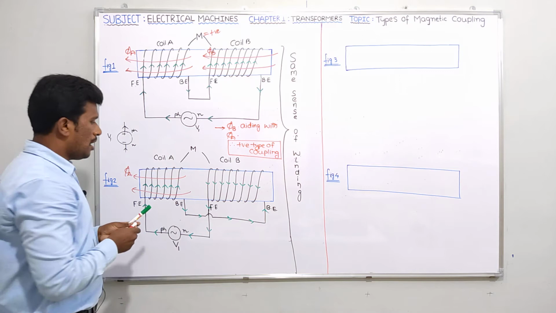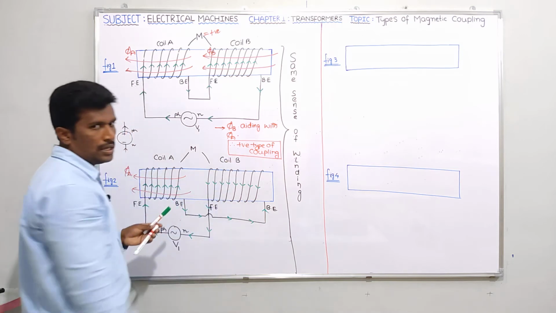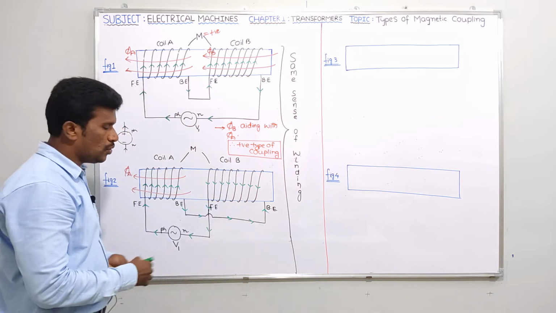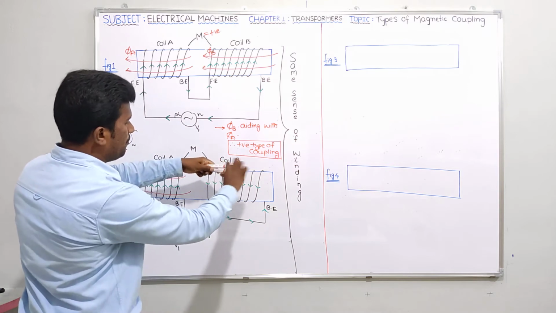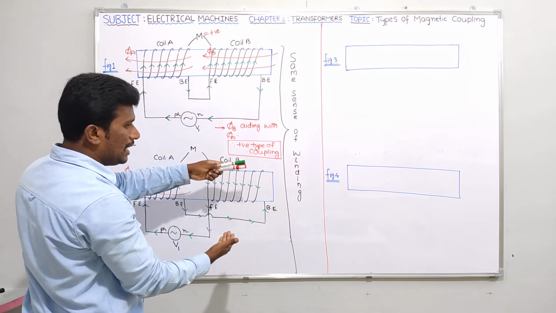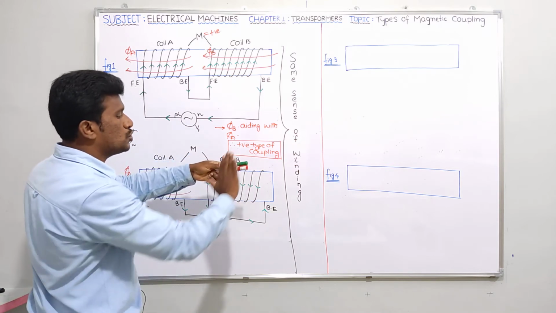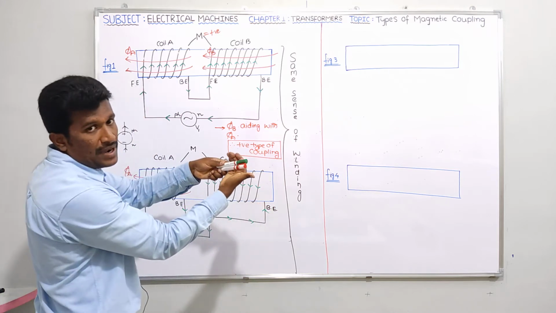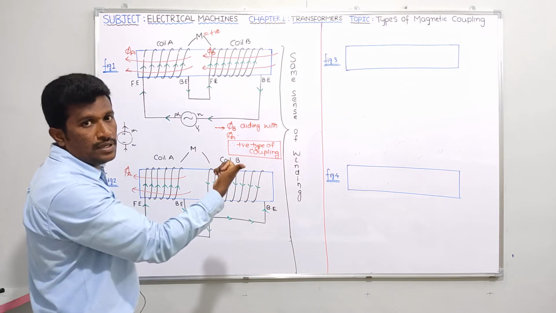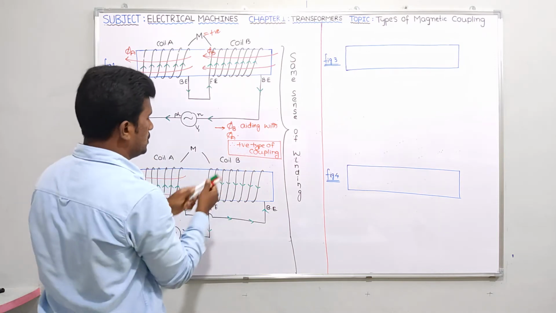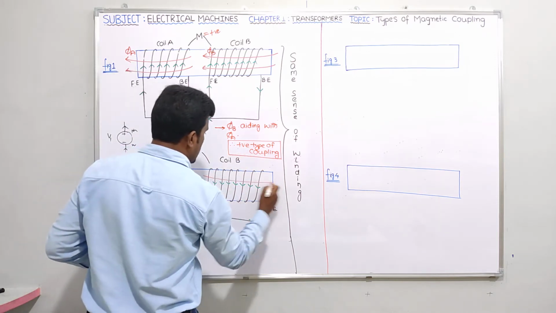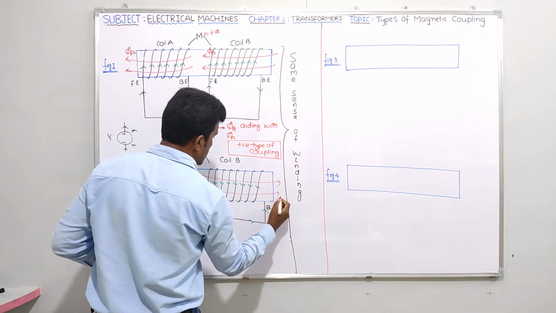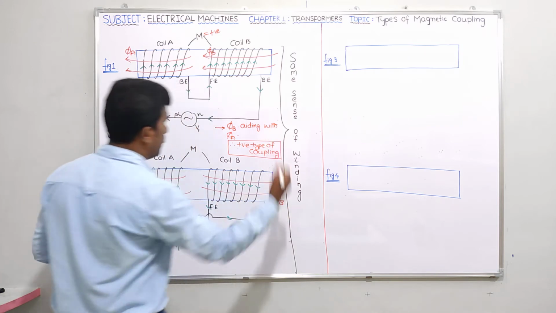Is it clear? Now what about this coil B? It is entering at back end. I told you already, if you take a piece of magnetic core and current is entering at back end, you should not show like this. You should show like this. Now the direction of flux will be from left side to right side. This is what I call phi B.